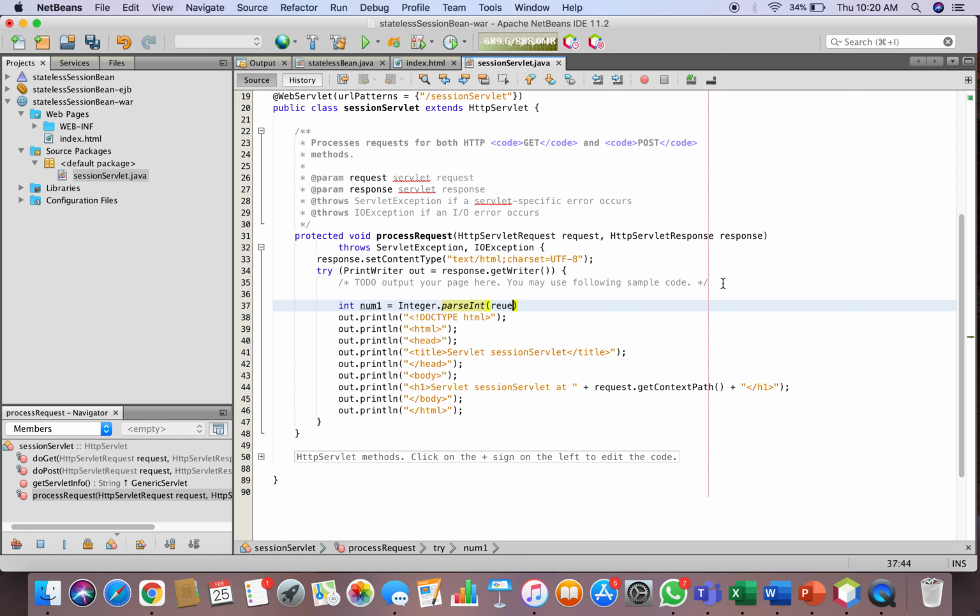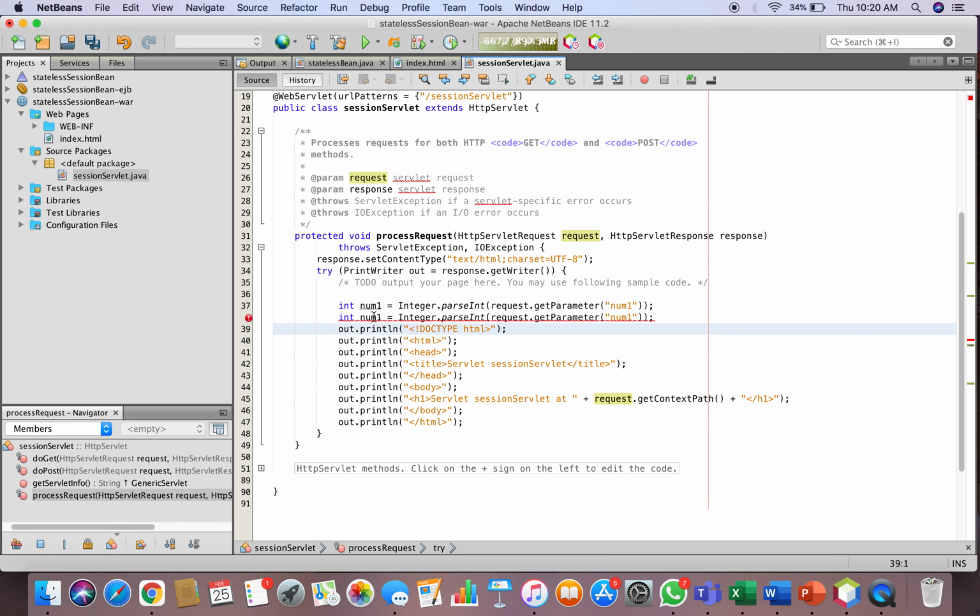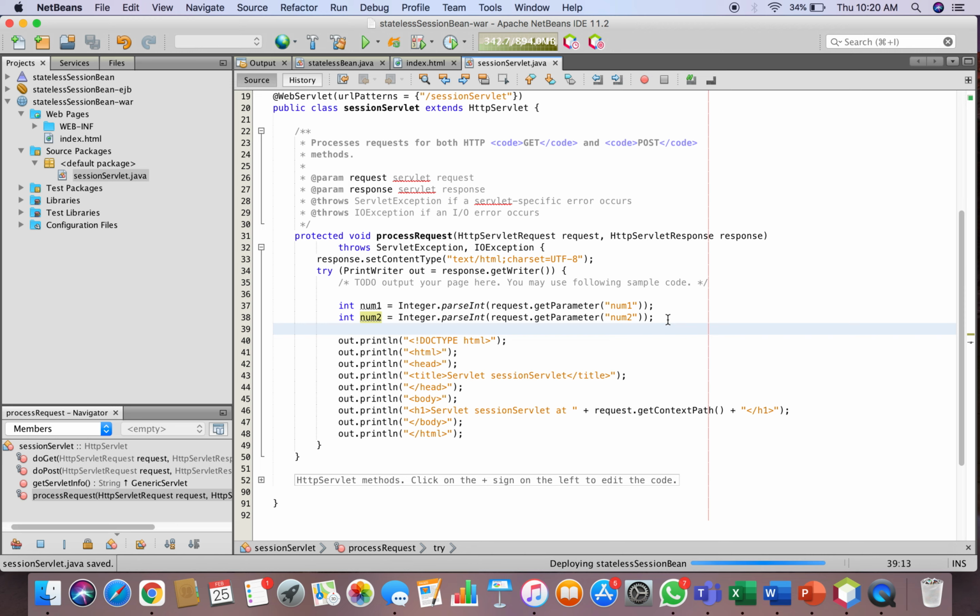So request.getParameter("number1"). Okay, it has to be request. Same for number2. Okay, now we have this number1 and number2.